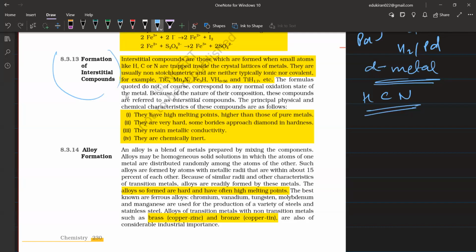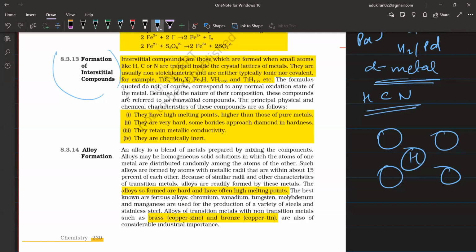Interstitial compounds are also related to the interstitial impurity of solid state. If you remember, what is an interstitial defect? You have metal atoms here and a hydrogen comes in between the sites, or carbon or nitrogen comes in between, so those are interstitial compounds. Just revise these 4